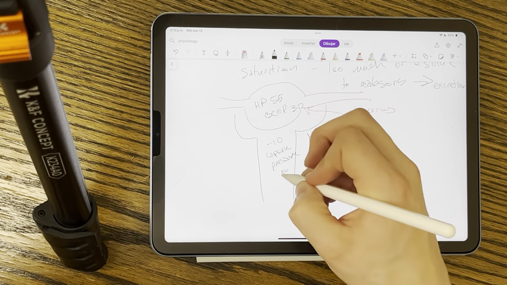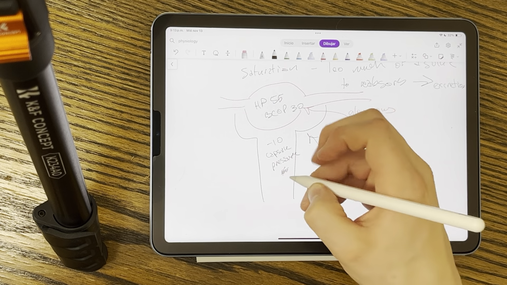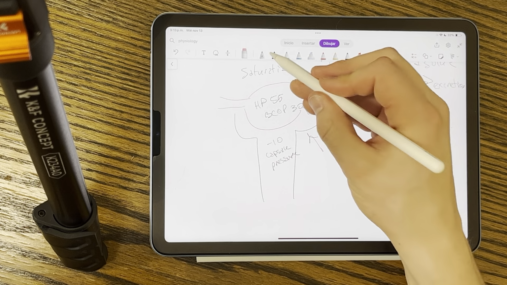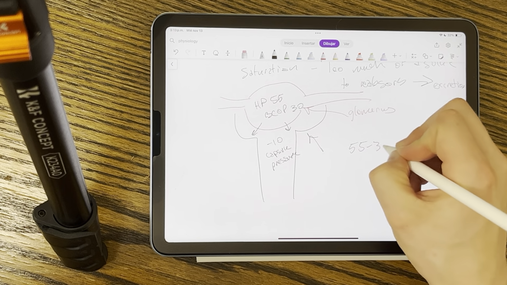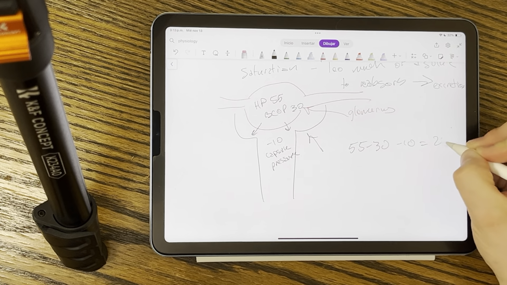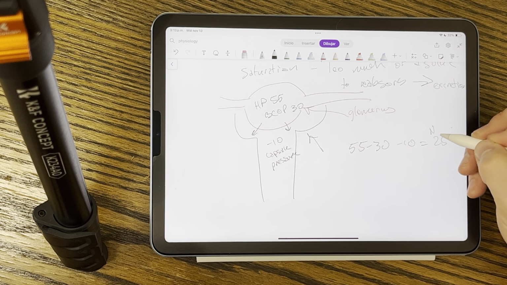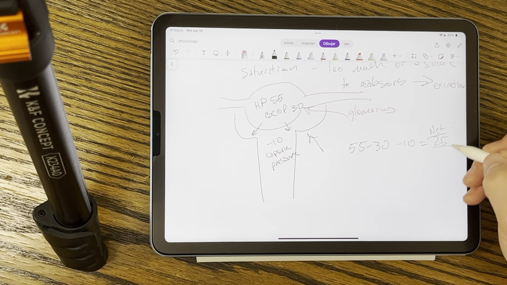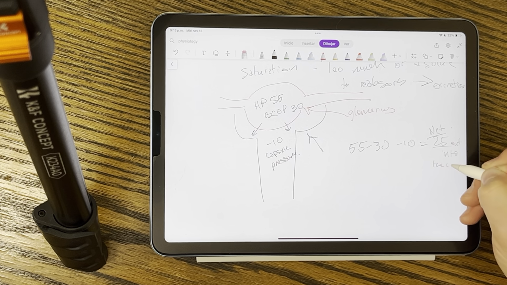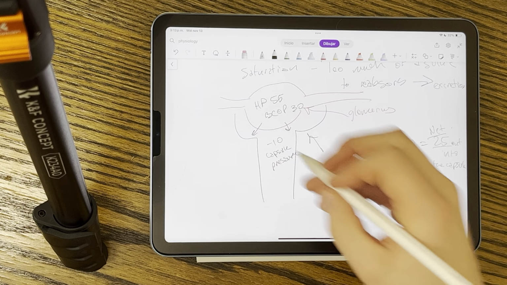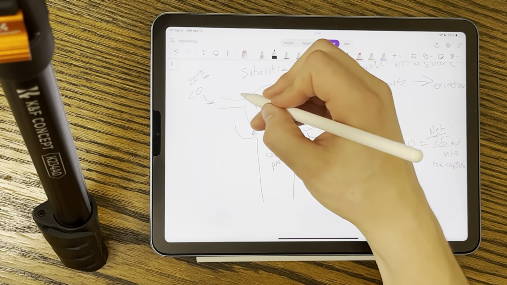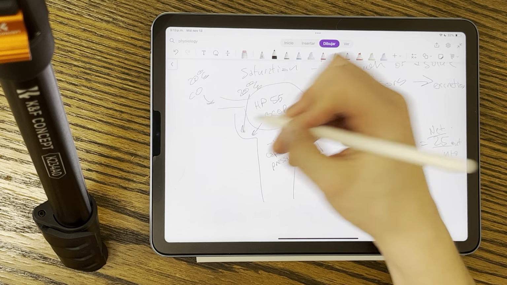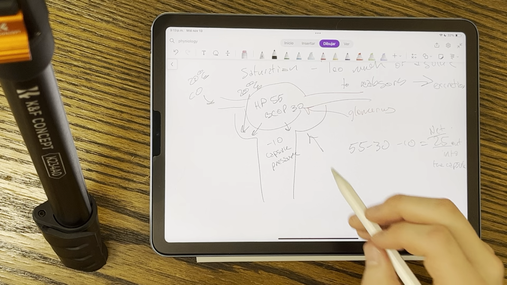Out here. So in total, the pressure 55 minus 30 minus 10 is equal to 25. So our net pressure is 25 out, or you could say into the capsule. So stuff is going to be pushed in. So about 20% of cardiac output comes here, and then about 20% of that actually gets filtered. And so